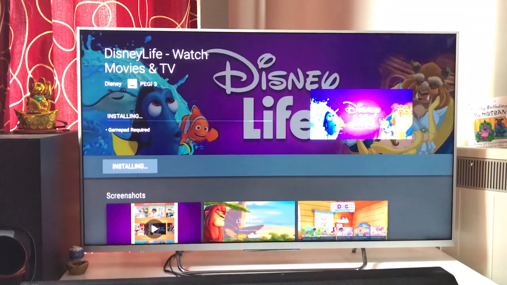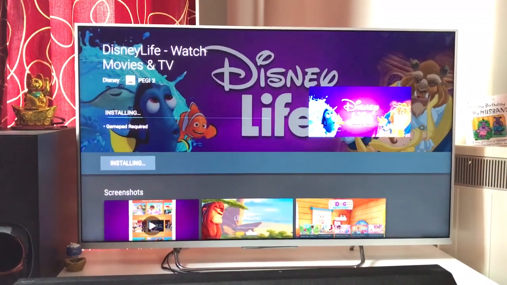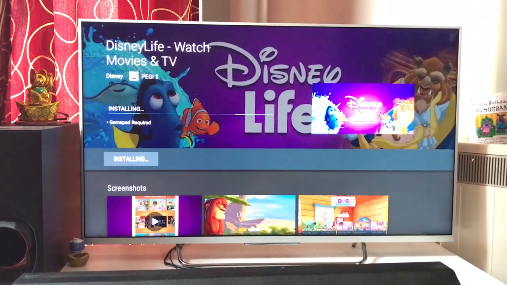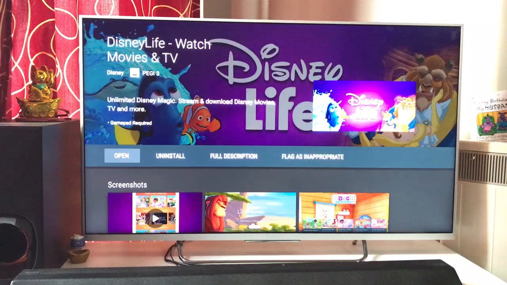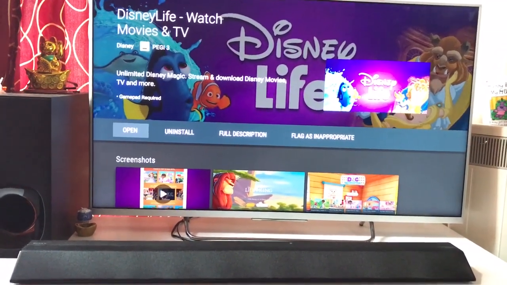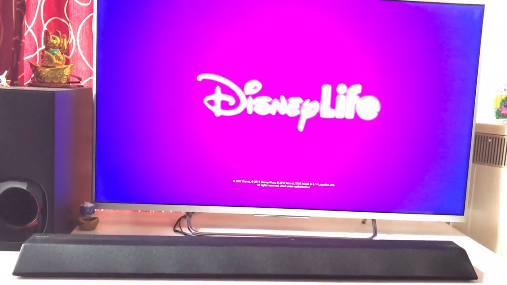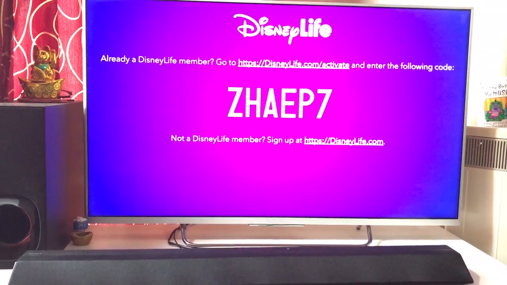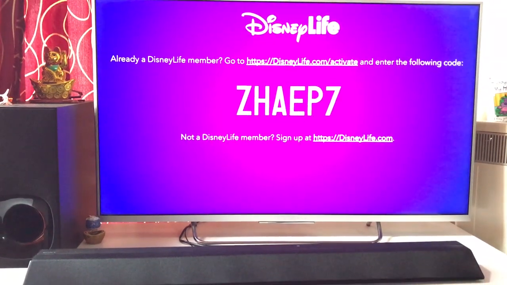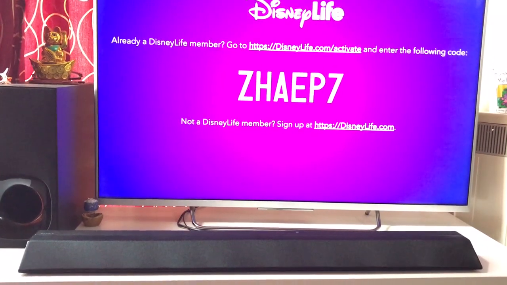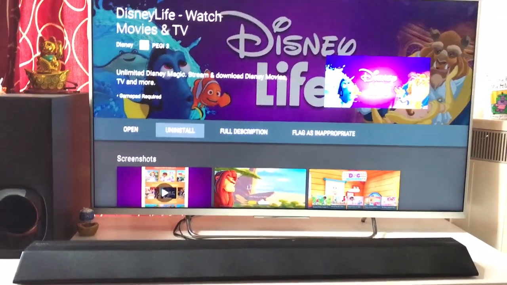Okay, so this is happening. I just want to show you fully how it looks. You see it is a bit slow, and it varies from app to app. Here it is almost a minute and a half, and then you can open that. You should be okay if you're already a Disney member or not. If you are, then to activate it, enter the following code on that link. We're not going into that detail, but if you want to uninstall it,